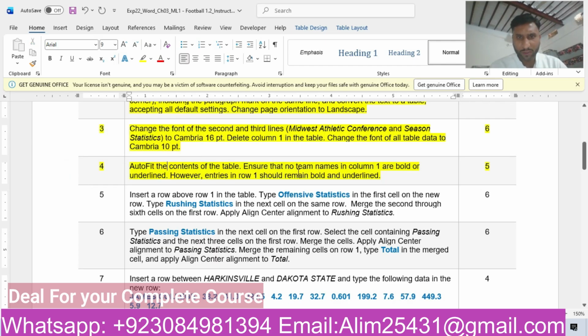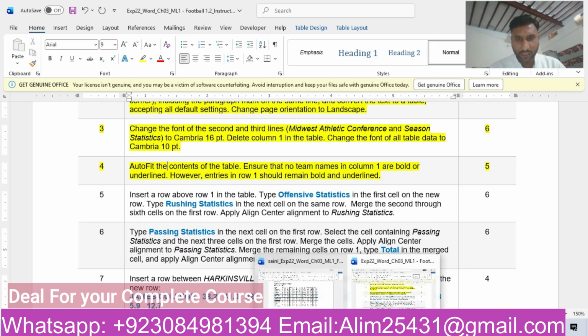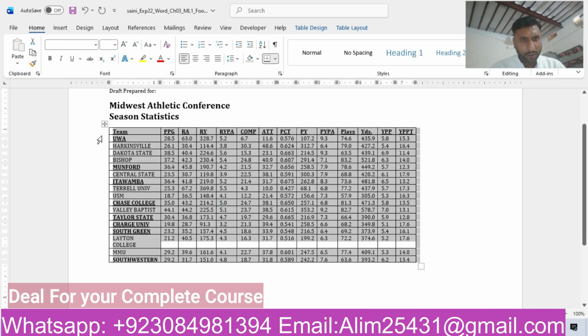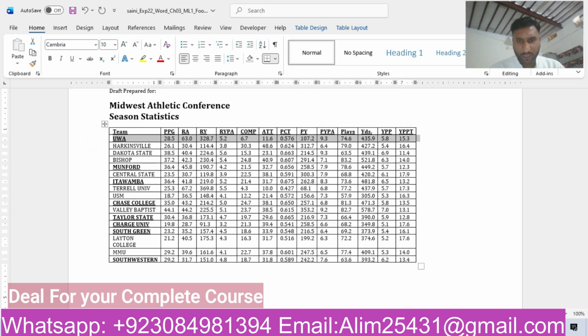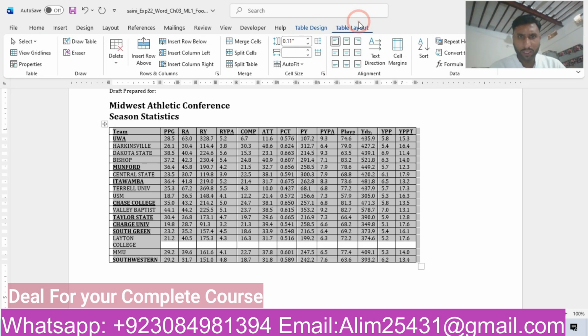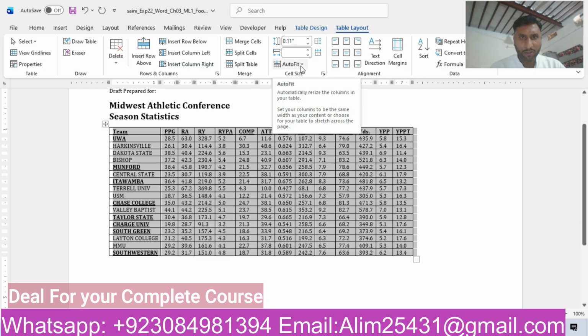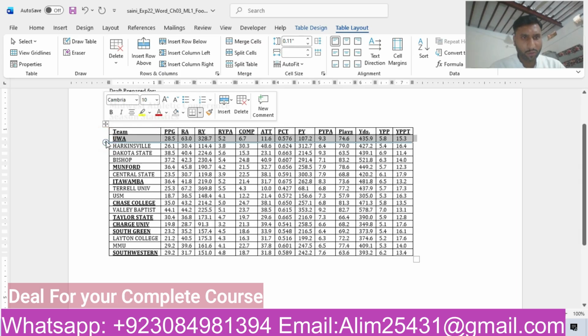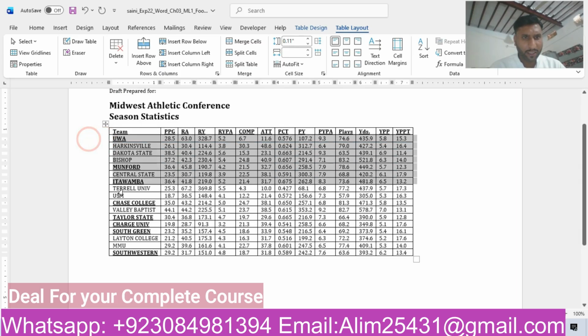In our step number 4, what is he asking? Auto-fit the content of the table. Ensure that no team names in column 1 are bold or underlined. However, entries in row 1 should remain bold and underlined. So we will select that one. He is asking to auto-fit the content. So we will select the table, go to the table layout, and select AutoFit Contents. That's now auto-fit, and he is asking that no column 1 entry should be bold or underlined. So we will select that one